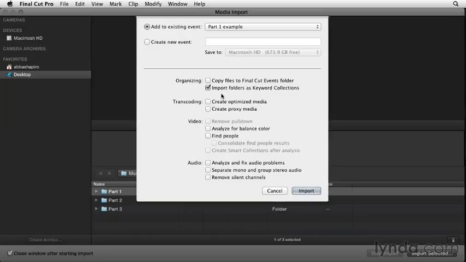But it's important that you keep Import Folders as Keyword Collections selected, because this is going to start adding the metadata from the folders that I have that media in. As for all the other selections, every editor works differently. Go back and watch the essential training and make the decision that's best for you. Now remember, even after you've imported your media, you can always go back, right-click on any piece of media or any event, and run this analysis in the background. I'm going to click Import,